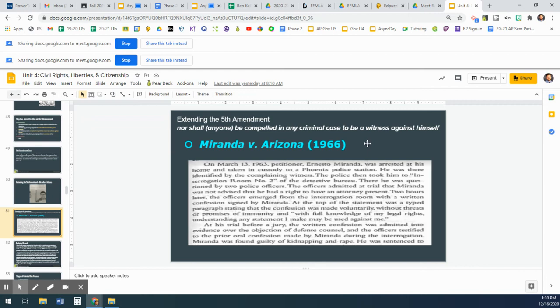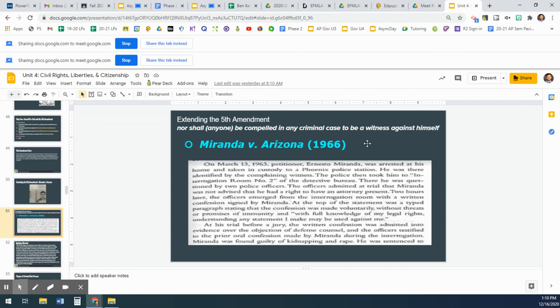And essentially, Miranda sued the state of Arizona under the Fifth Amendment, stating that he did not know of his Fifth Amendment rights, and therefore that confession should not be used as evidence against him in court. He's not saying that he shouldn't go to court at all, but he's saying that confession should not have been used. Because this creates a fear tactic, especially when people are unaware of their constitutional rights, and therefore they should in the future be made aware before entering into any type of interrogation or questioning.